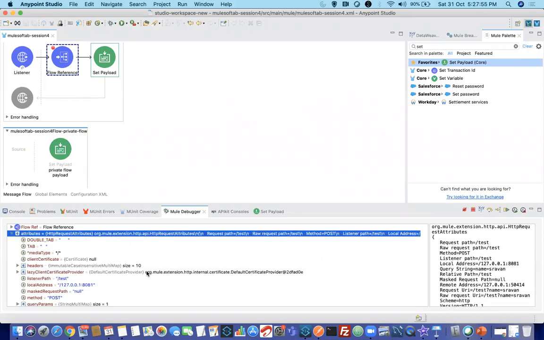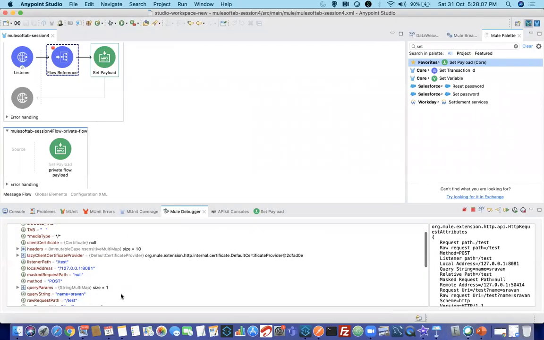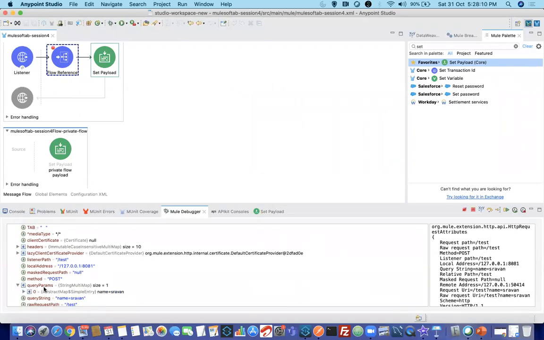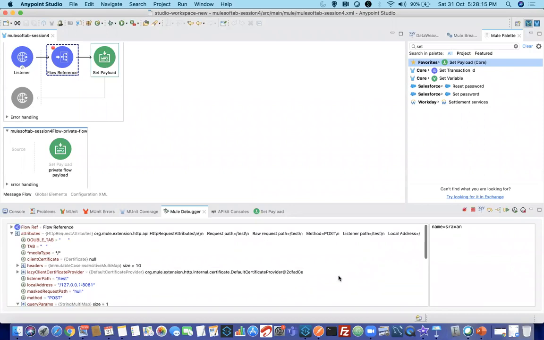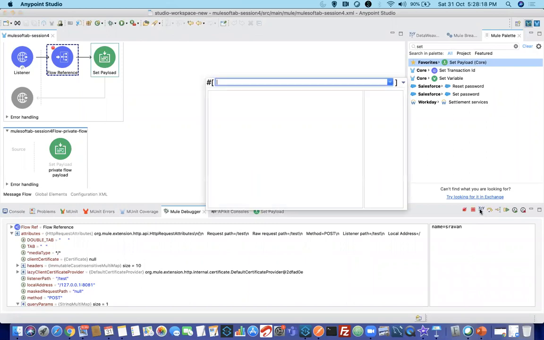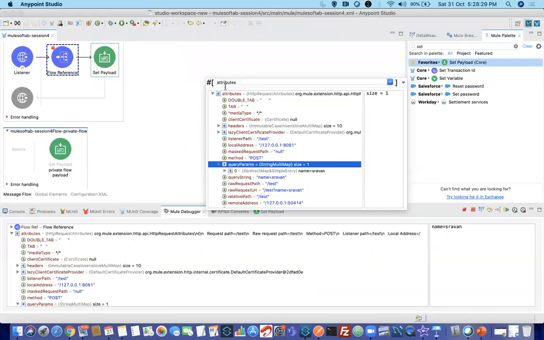When you don't know the syntax, how to write? Now I will say you have to print hi Shravan. That should be my output. Shravan value is there somewhere here in query parameters. Now I don't know the syntax, how to do it. Very simple way, follow the same process. Go to X plus Y first in debug mode. You can see this only in debug mode. Type attributes first. There are a lot of things. You know that Shravan is coming from query parameters, and you expand this. So attributes, I told you, next step is dot query params.